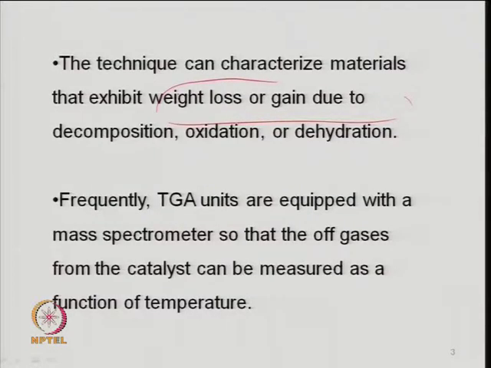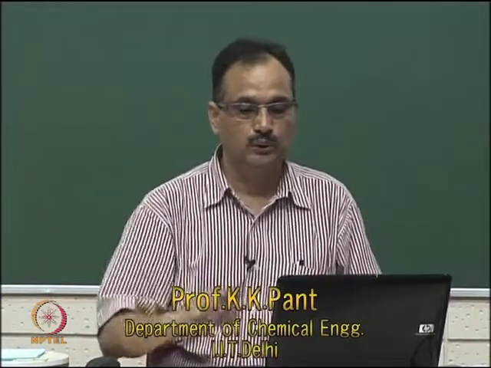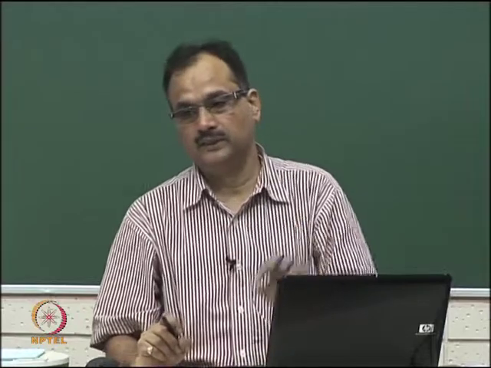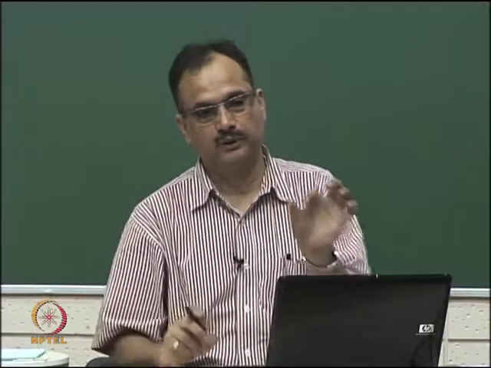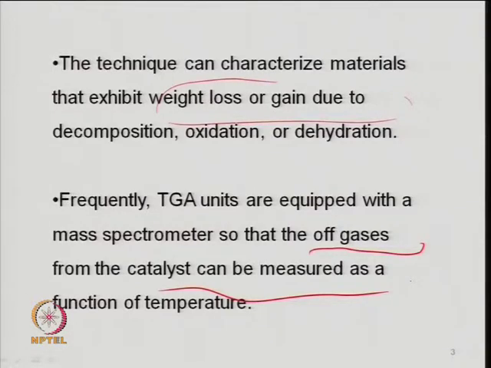Sometimes if you connect it with the mass spectrometer unit, then you can have the composition also of the product, right. So, what is the product? Especially when you have a biomass type material and you want to pyrolyze it and look at different conditions of temperature, and even this can be done at pressure also. So, you can get the information about the product gases and you can have the catalyst also in the unit. It is a kind of reactor where you have a bed of catalyst and then do the thermogravimetric analysis. So, it is a kind of micro reactor. You can have different types of tubes with different catalysts and give the same stream of the reactant gas, and then look at the product composition through the GCMS.